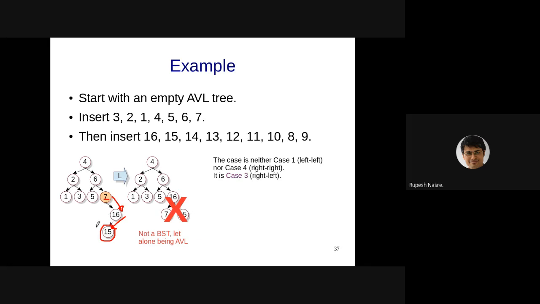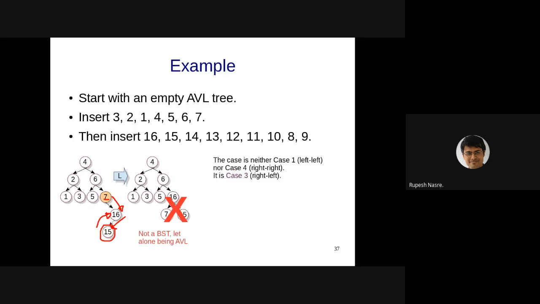How are those two rotations going to be involved? One part is we have to rotate this here, so that 15 becomes the root of the subtree rooted at 16, and 16 becomes its right child. That is one rotation, which is going to be R. And then once you have 7, right child 15 and right child 16, in that case it becomes an RR case, and then we can apply the left rotation. So there will be these two rotations involved, and as we have discussed, two rotations are going to be enough. That's a big plus over the number of rotations being required being log n.